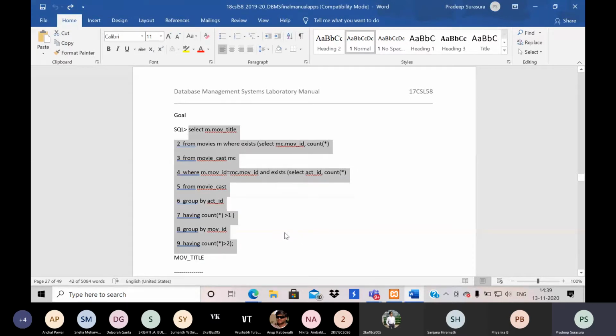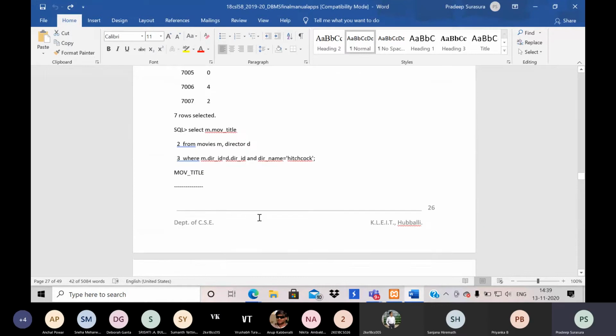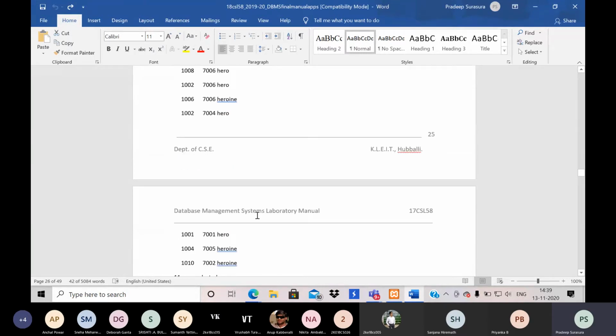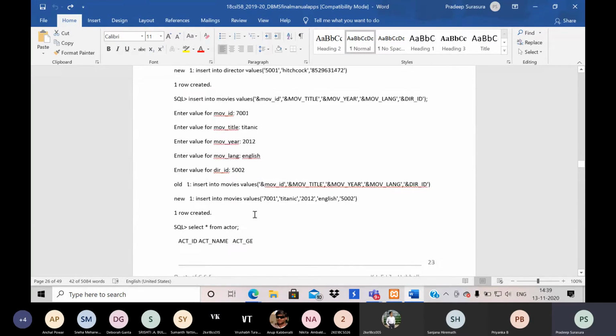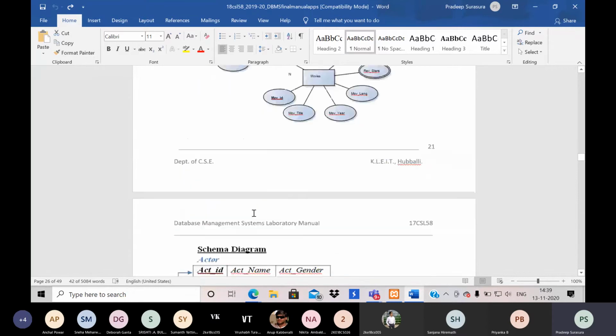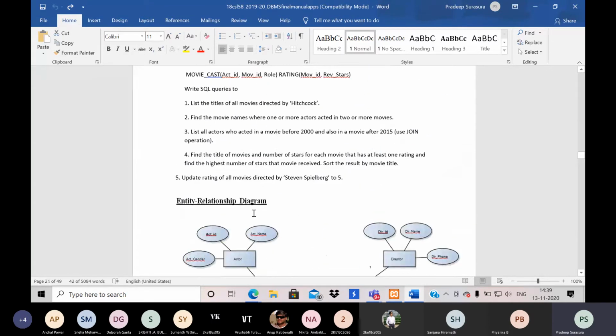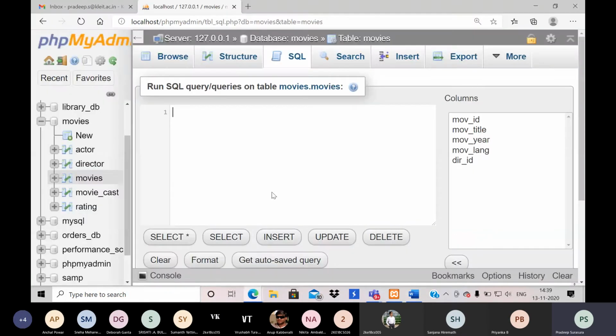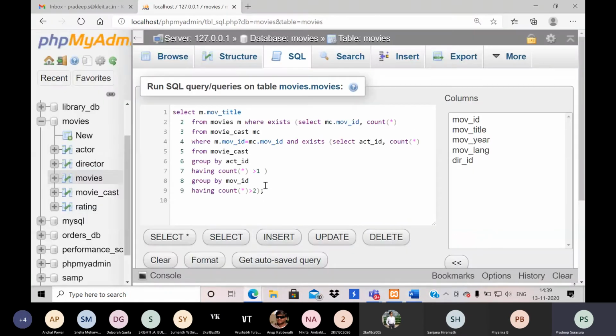So this, the second query is on what? The second query is to find all the movie names where one or more actors acted in 2 or more movies. This query is a bit complex.